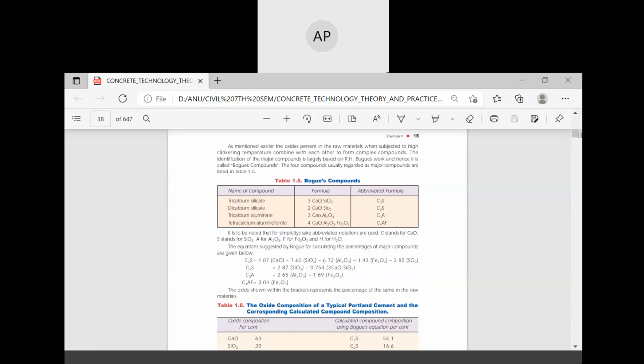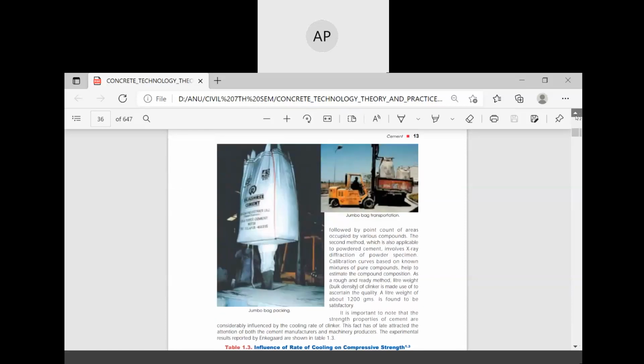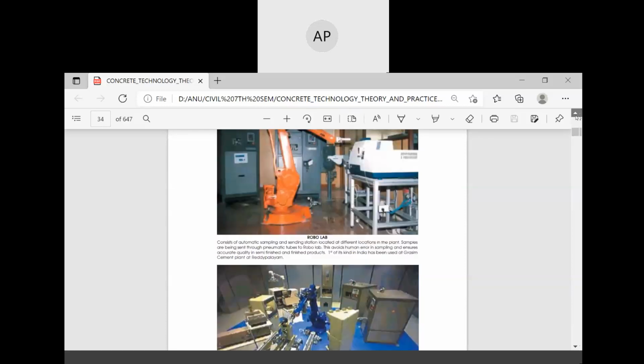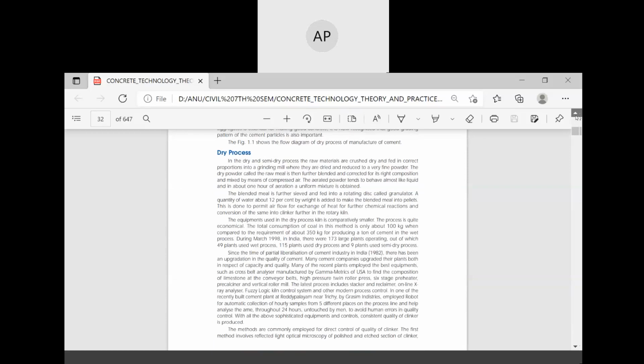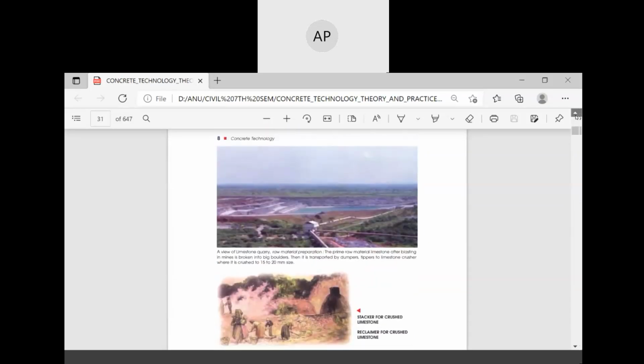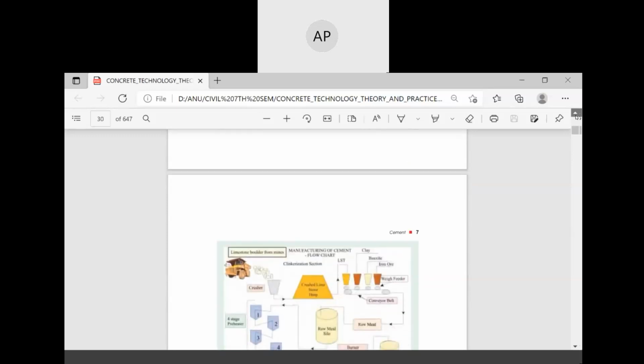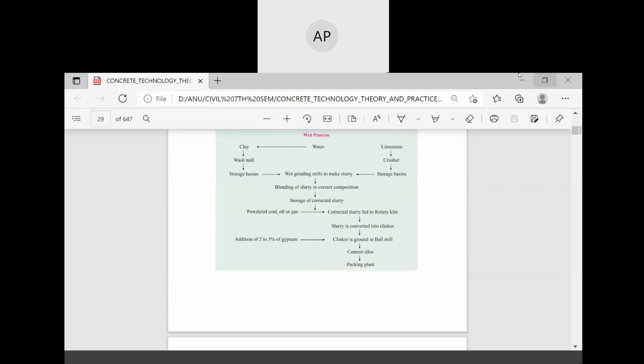Let's move to the manufacturing process of cement. So basically, manufacturing of cement includes two processes. One is the dry process, and another is